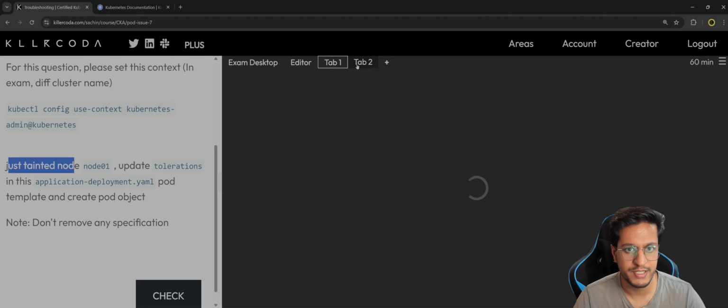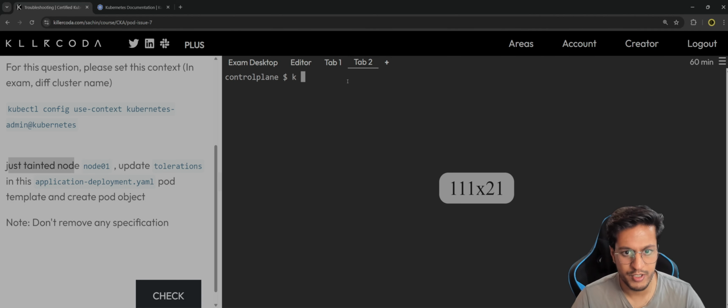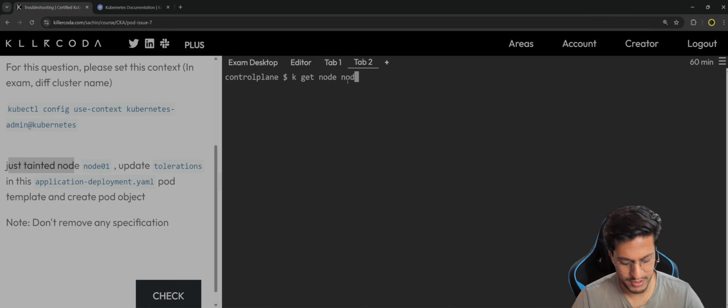So what we can do is we can go here, and this is the command, right? K get node, and the name of the node is node 01. Now this will give us the entire node manifest, right? But we don't want that. We just want the taints. So if I do a grep and taints,